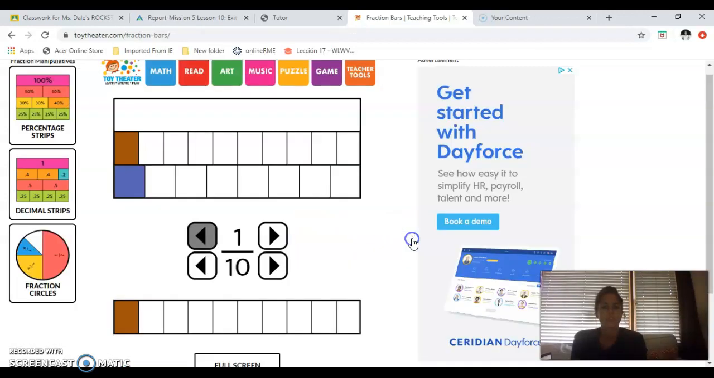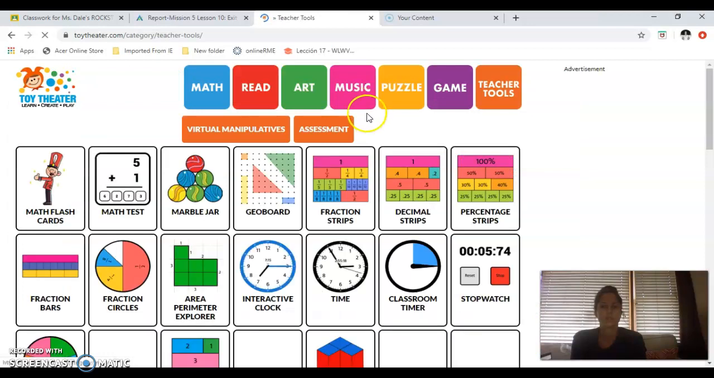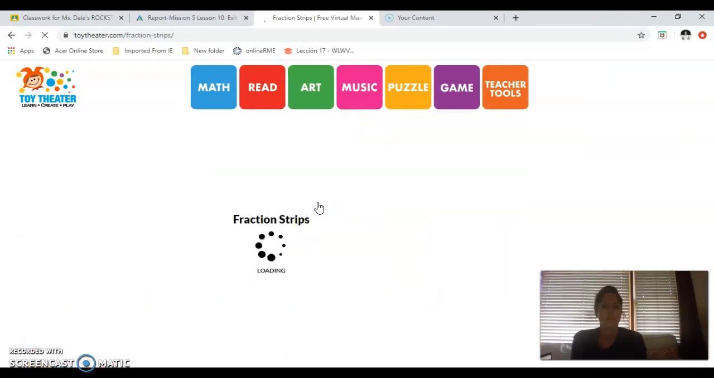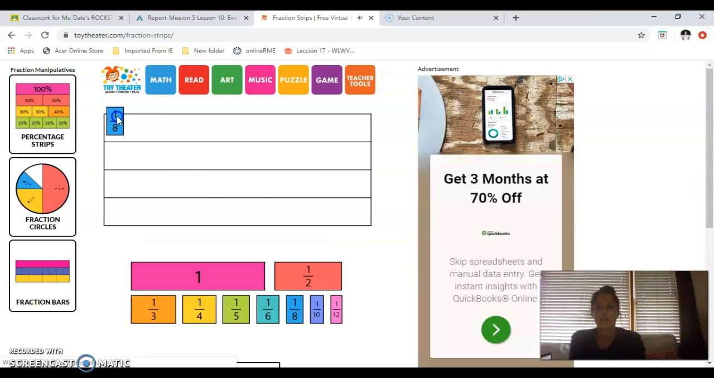Okay, so I just went over the first two problems within that exit ticket. There are a few more. So I'm going to go back to my teacher tools. Here. So we were comparing 1/8 to 1/10. So you can see here, right? 1/8 is bigger than